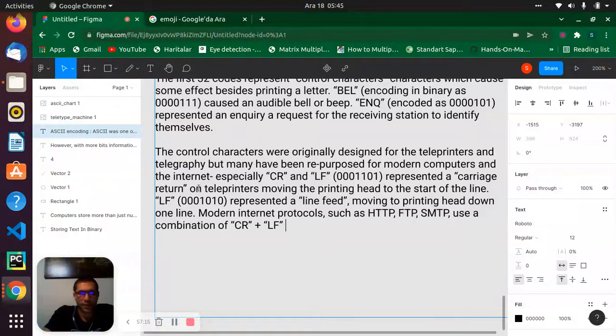So have you got what that is? The first one is LF, line feed. The other one is carriage return. I will give you one example to understand the meaning of this very well.